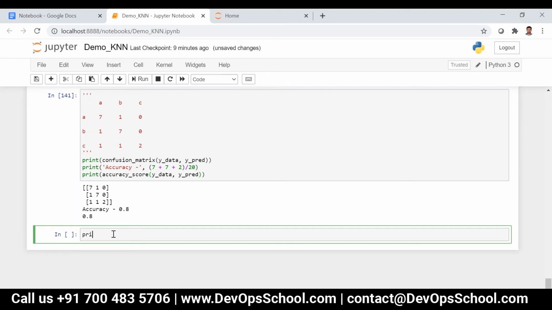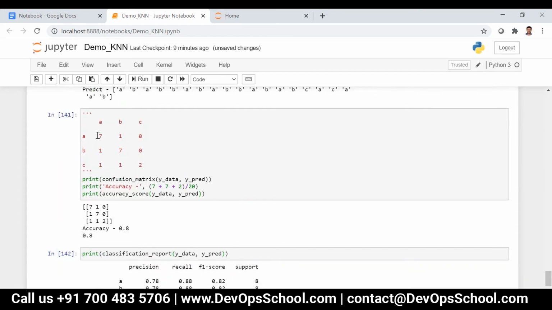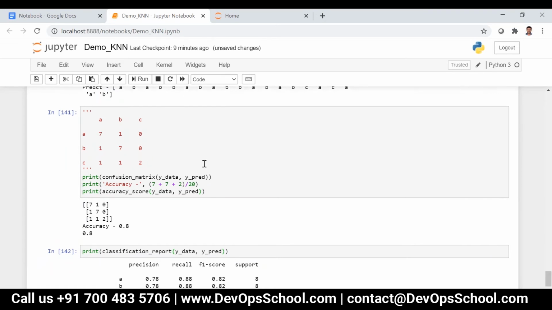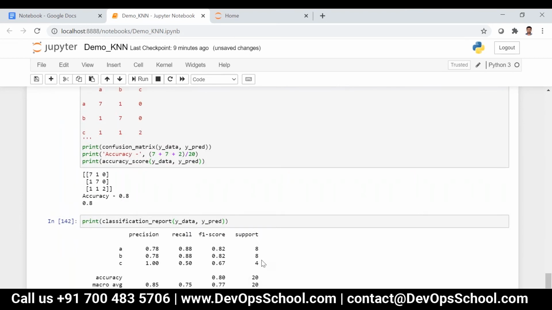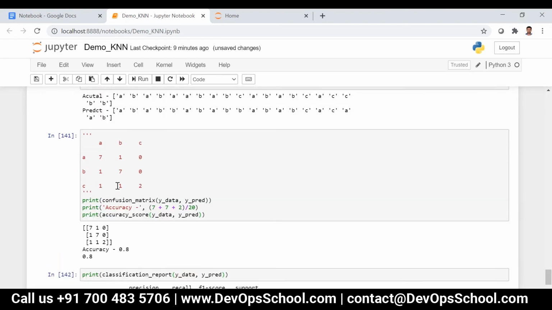And if you do classification report, you'll be having 3 labels now, y_data, comma y_predict. Now you can see here, support: 7 plus 1 is 8, 1 plus 7 is 8, and then 1 plus 1 plus 2 is 4. You can see it over here. So these parameters we need to get.